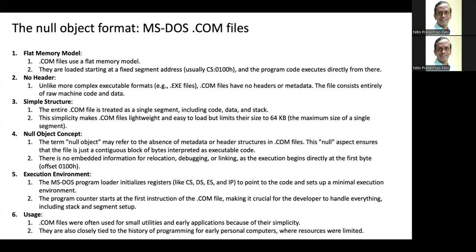So in continuation to our earlier session, where we talked about how exactly one can create an object code format, let us try to understand a few of the existing formats. This is the first session for understanding the MS-DOS .com files. Now, when we talk about these MS-DOS .com files,